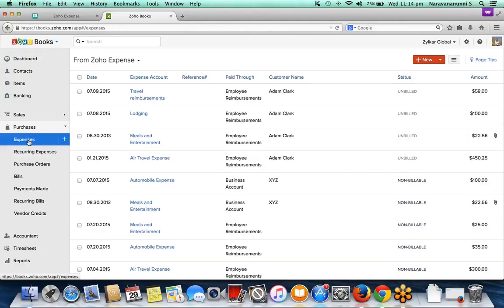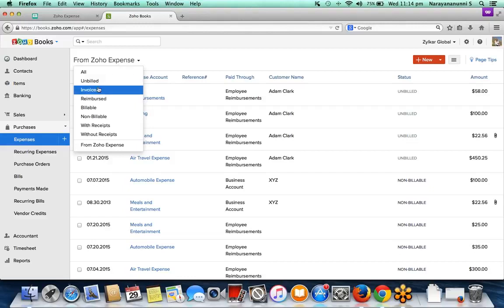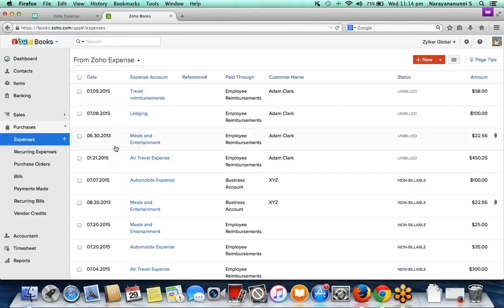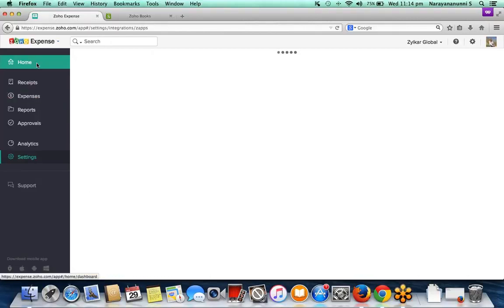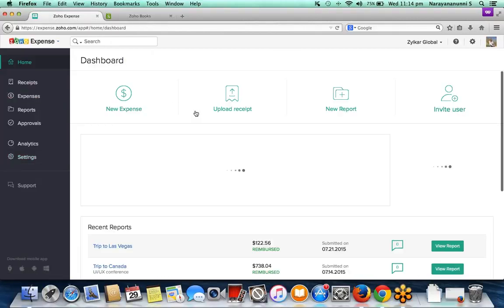You can go to purchases, expenses, and there is a separate filter for Zoho Expense. And you will find the expenses which we just approved here. That is the air travel, meal, all these expenses which we just created and approved have come up automatically in Zoho Books. So this is all about the workflow